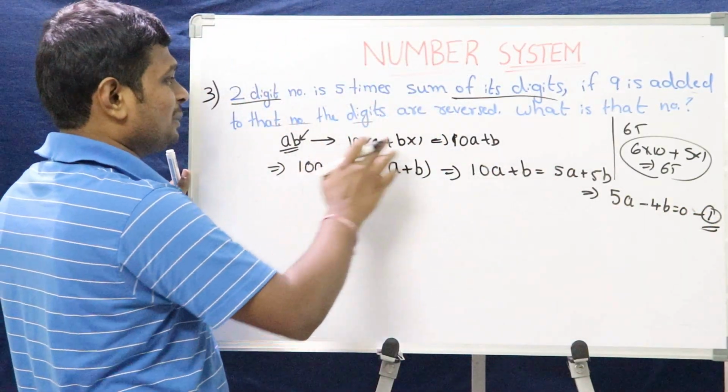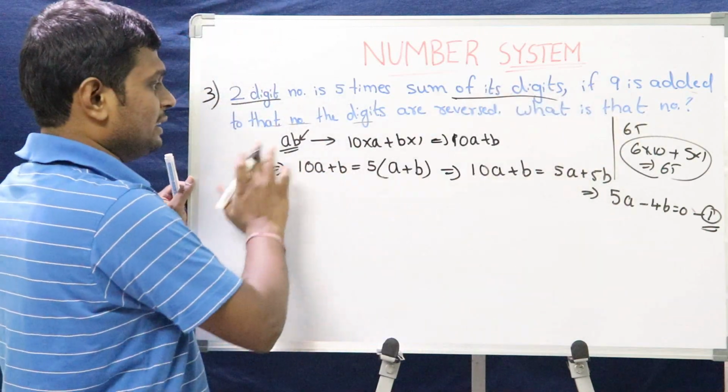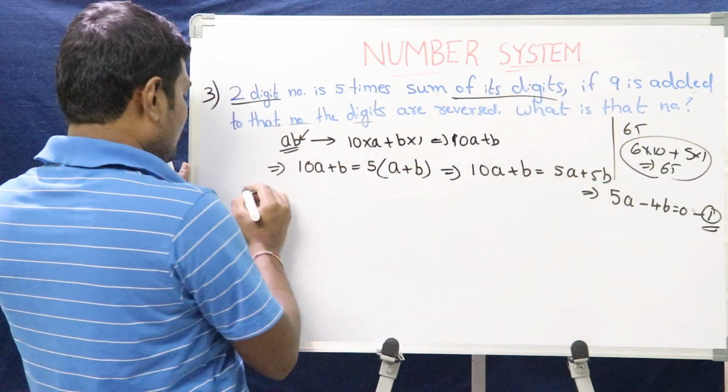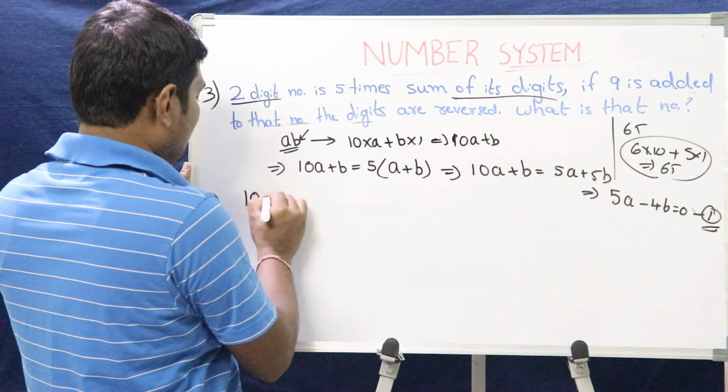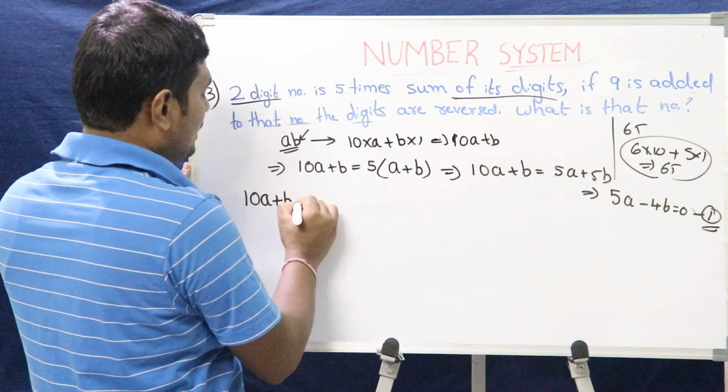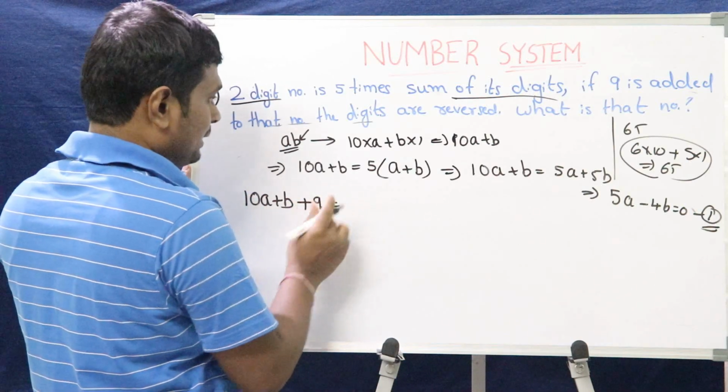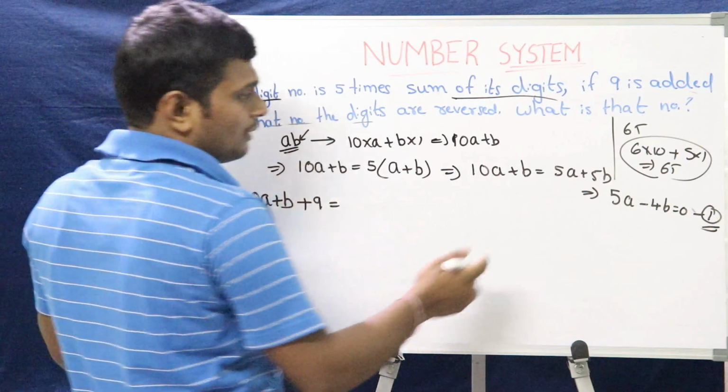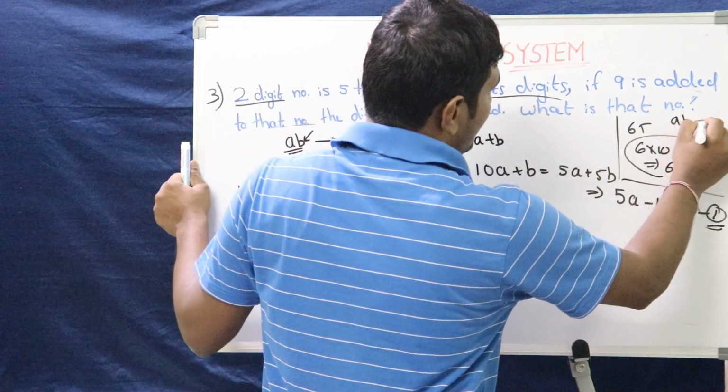What is the second statement? If 9 is added, the digits are reversed. Let me add 9 to that number. 10A plus B is the number, right? We are adding the number 9. So the digits are reversed. The digits are reversed means AB